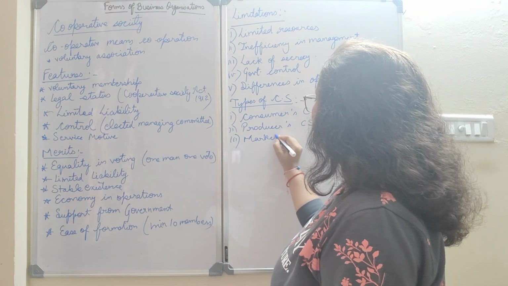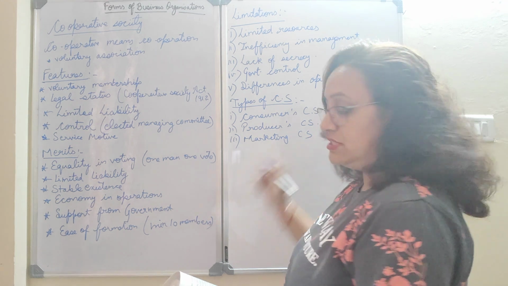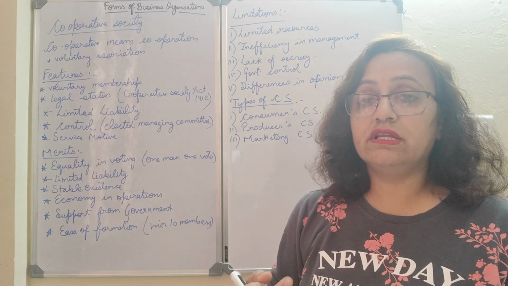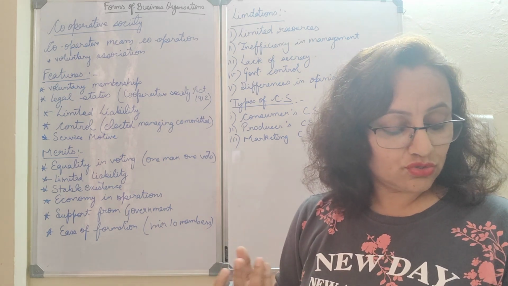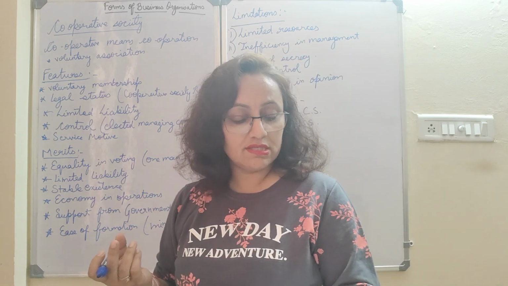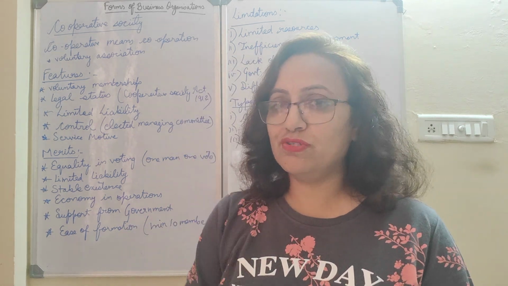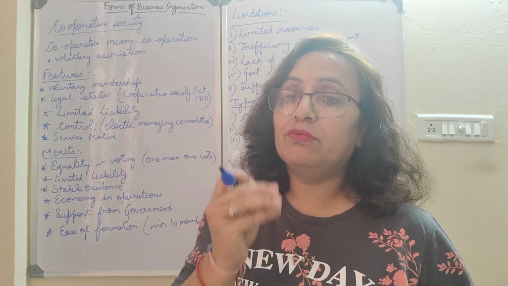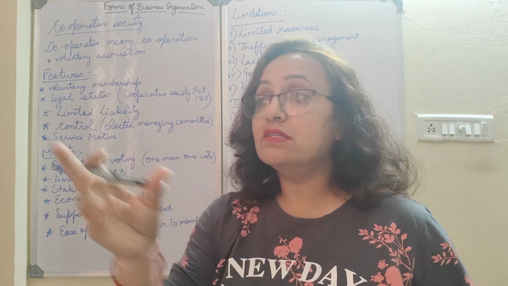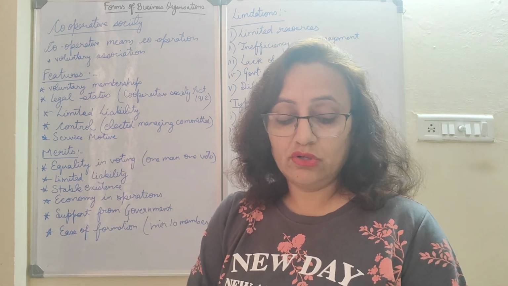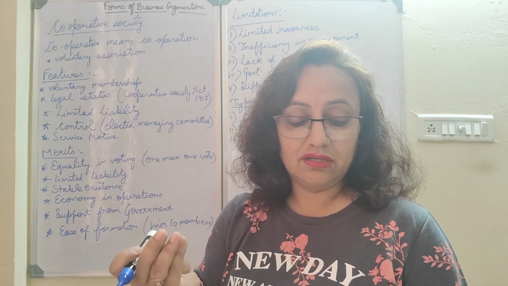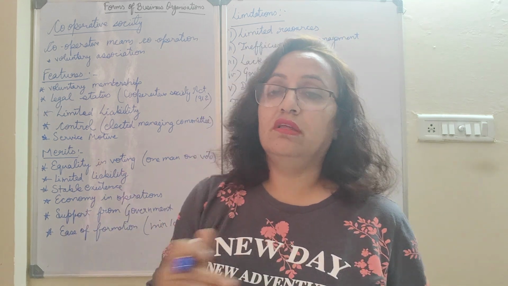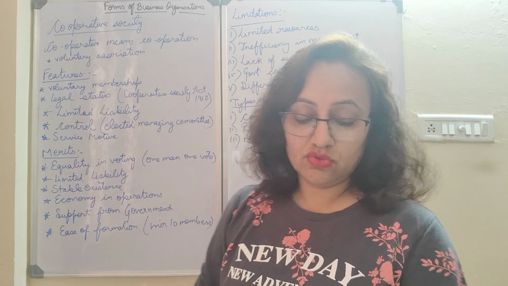Then marketing cooperative society. Now the name itself tells us it is dealing with marketing, which is dealing with the selling of products. Such societies are established to help small producers in selling their products. You might have seen small scale industries in many local areas where people produce very small toys and then they are supplied all over the market. These small things, which do not have big factories for production, are served by the marketing cooperative society.